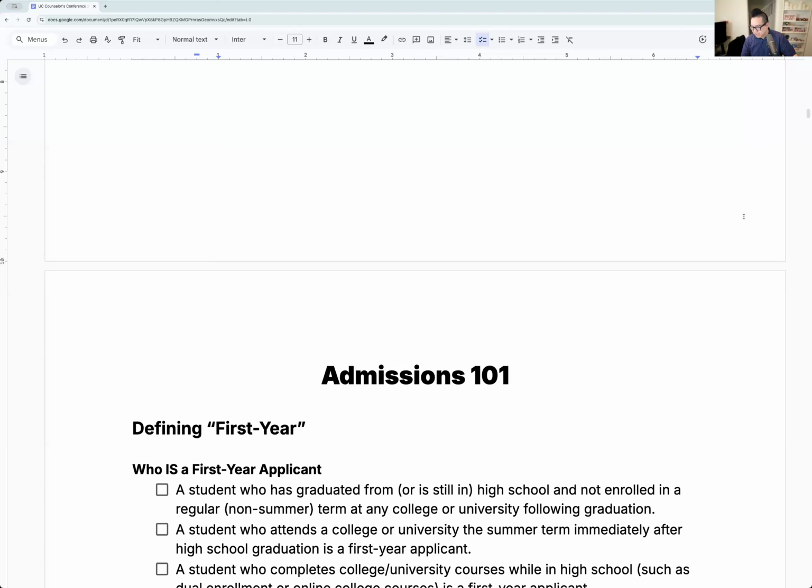Certain UCs admit by major. Two schools, Irvine and Santa Barbara, admit by major. So when you're applying, they only have so many spots for that major that they can fill up. But for all the other UCs, they fill up the college. Especially parents who have been through this process before, you know the reality. But for all of our new families, when you go to college, you basically become undecided again because you don't know what you want to do.